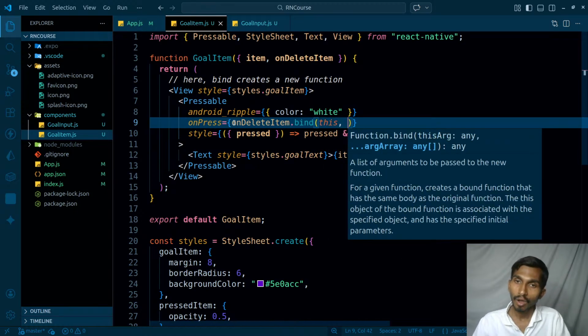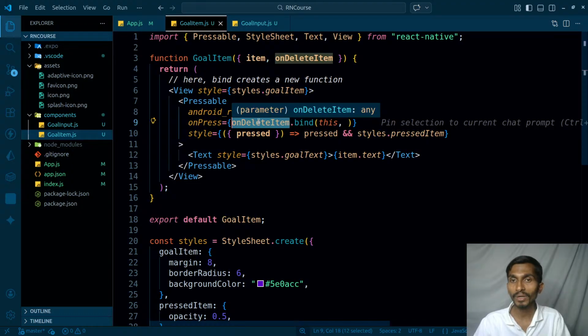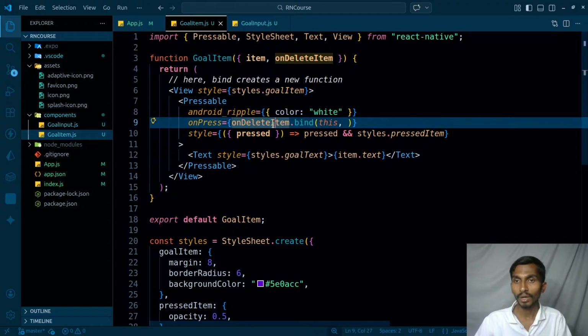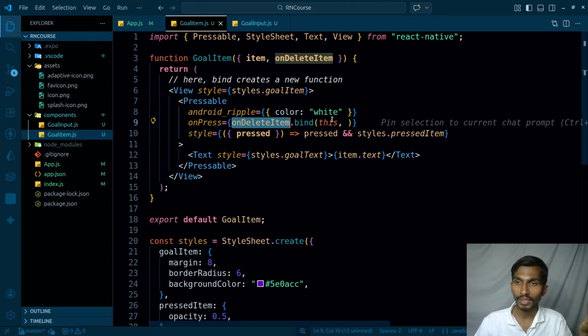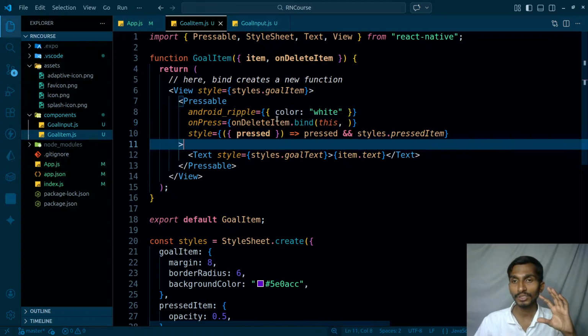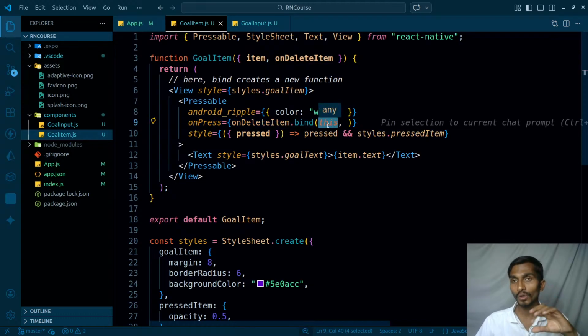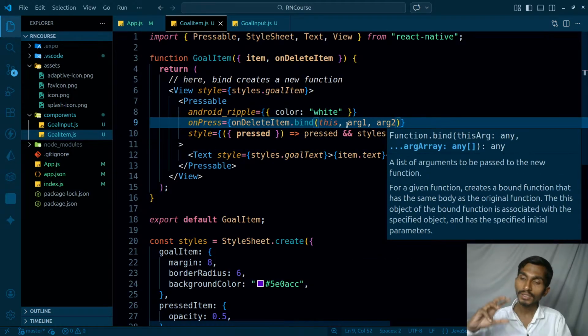In the sense, all the properties from this particular function that you have should be passed to that new function. Whichever function is going to be created, all the properties are going to be passed. Ultimately, this refers to this function, and this value is going to be passed to the new function that's going to be created. And apart from this, you can have lots of arguments, argument 1, argument 2, for the new function that is going to be